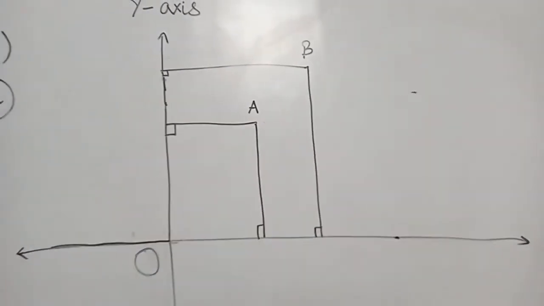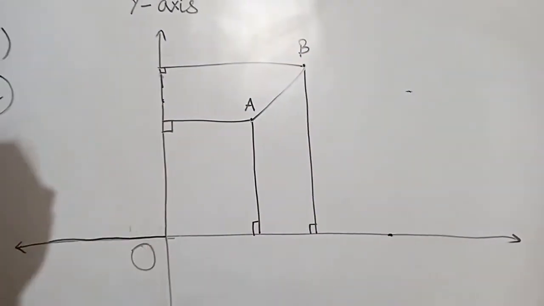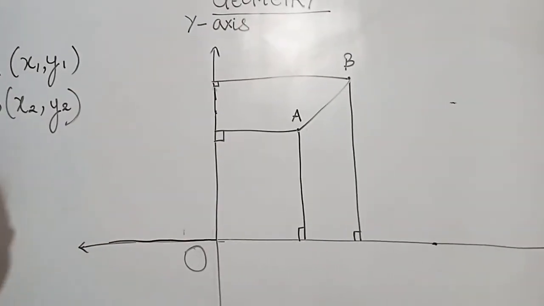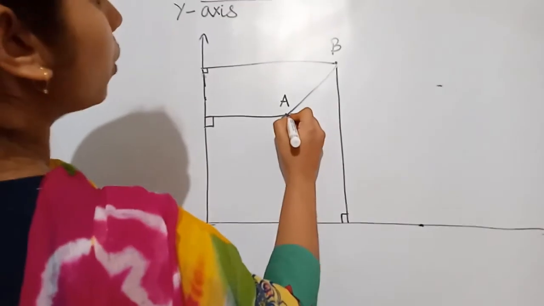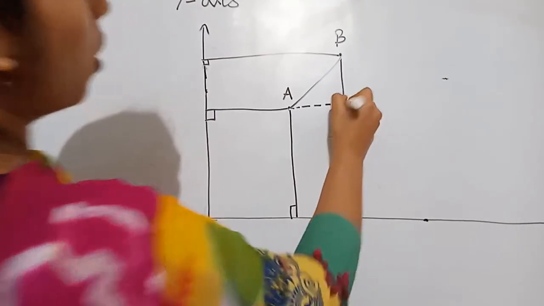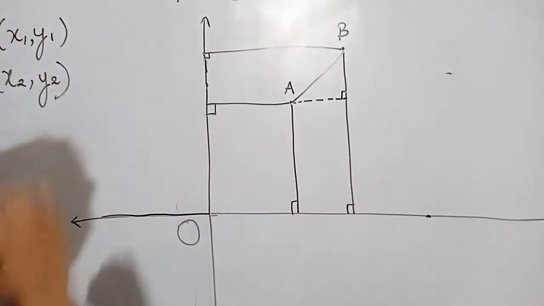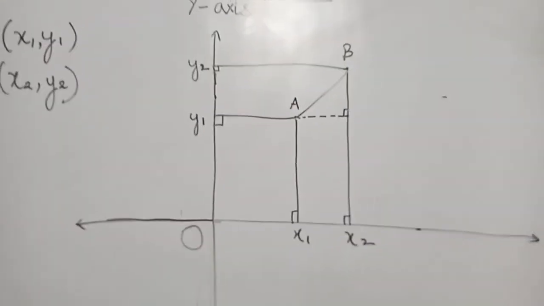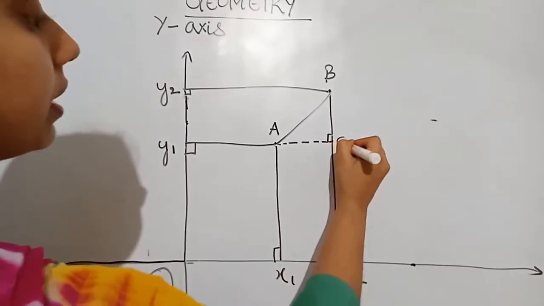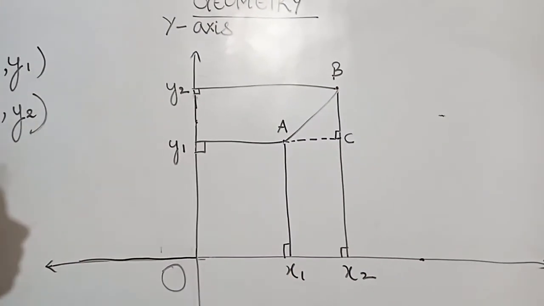Now our topic is the distance formula. That means from point A to point B we are going to find the distance between the 2 points. To do that, I am going to extend this line from here and drop a perpendicular line over here. Now children, you can see a right angle triangle is formed. Let this point be C. The distance from A to B we are going to derive with the help of the Pythagoras formula.